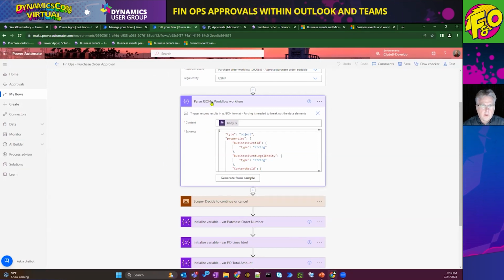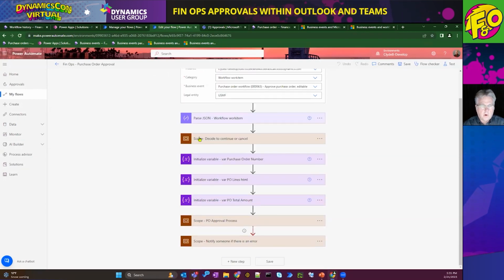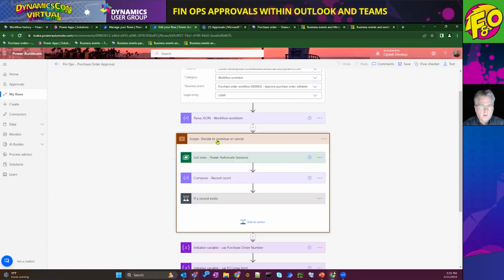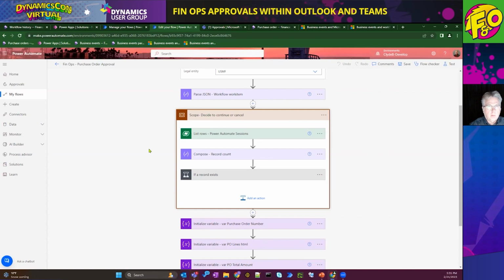So once we have that payload, we can start on more with our Power Automate. One thing I had to add in my case, I found in my troubleshooting that it was triggering multiple times for one purchase order. So I had to make sure I was only going to process that once.